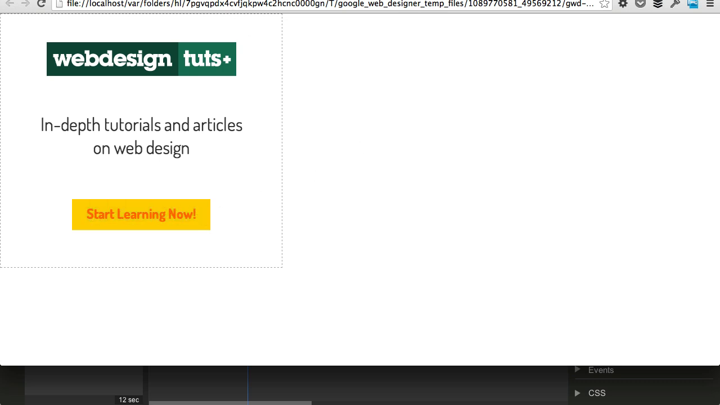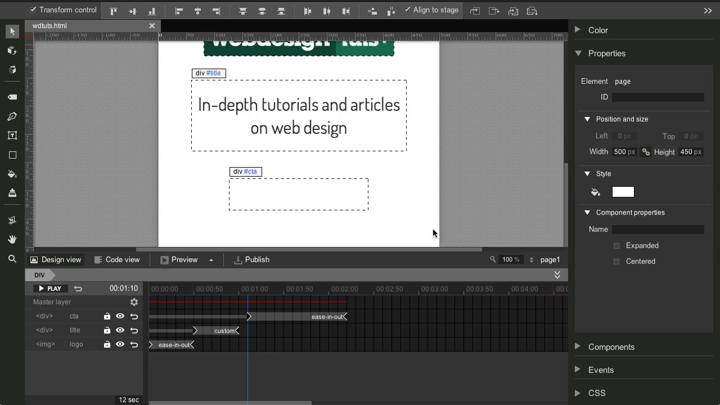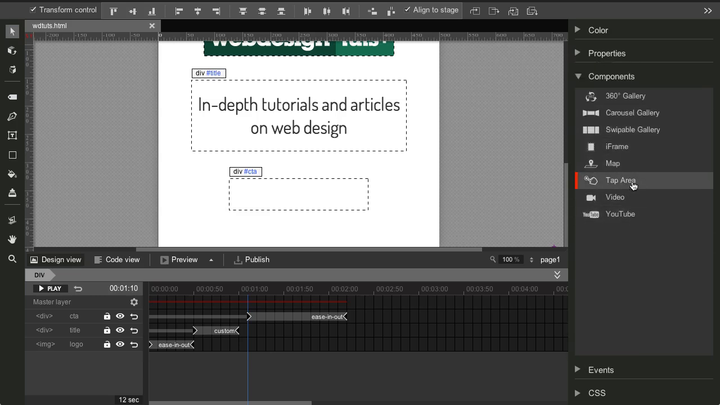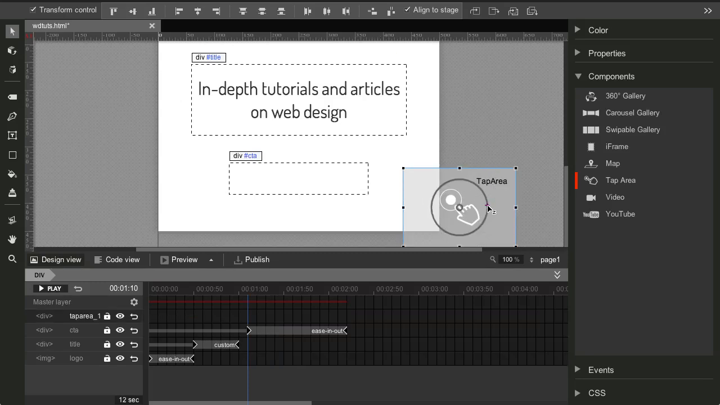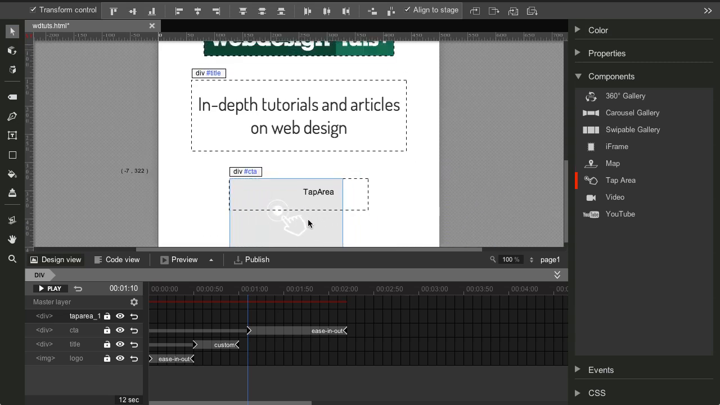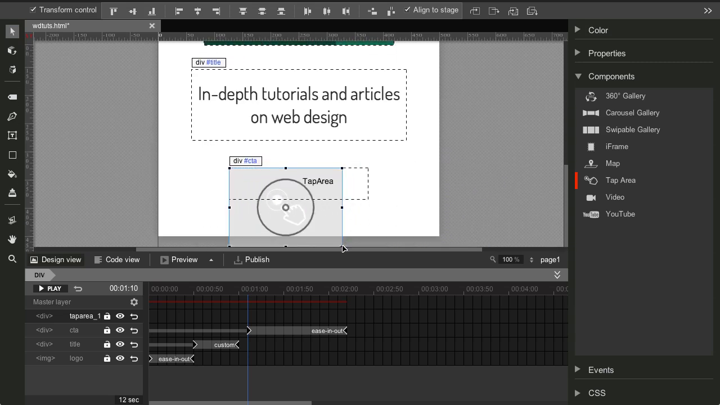And to do that, probably the best way is to create an action. So what I'm going to do is go to Components. I'm going to scroll down here. Let me just show you. And I'm going to select the tap area. Now, tap area means either click or tap with your finger if you're viewing the ad on a mobile device. So I'm just going to position it over